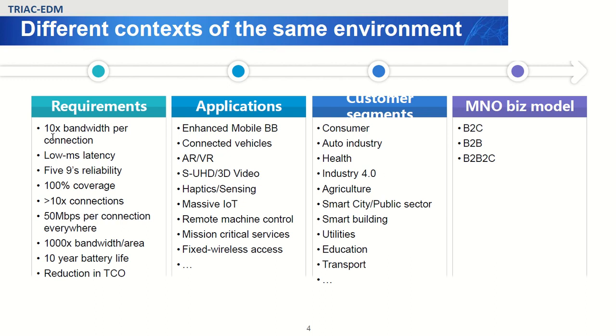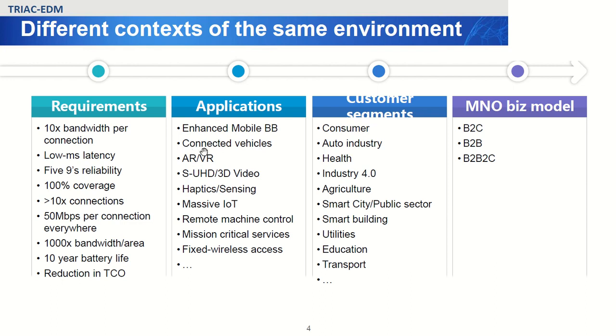So you have 10 times the bandwidth per connection, low millisecond latency, and finite reliability, meaning 99.999 percent reliable, and 100% coverage. That's more than 10 times connection and 50 megabits per second per connection, 1,000 times bandwidth per area, and 10-year battery life, reduction in TCO,